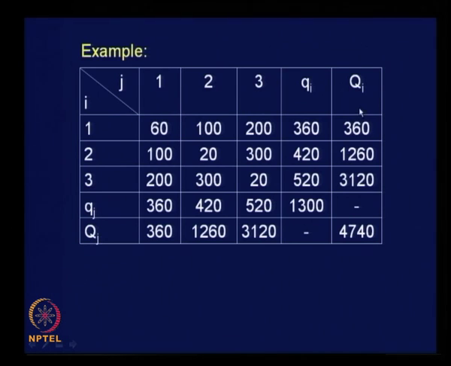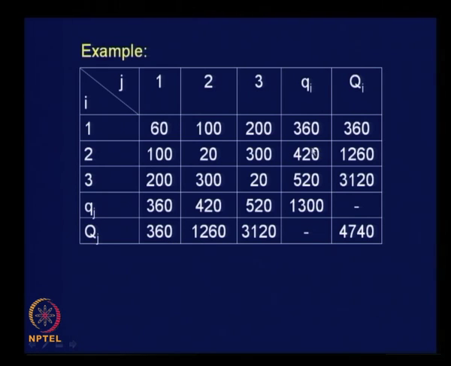And we have predicted the trip attraction values for the horizon year as given here. We use trip production and trip attraction models and then predict the horizon year trip production as well as trip attraction, and those values are taken for distribution purpose, isn't it. That is how you must understand these numbers. These are horizon year values 360, 1260 and 3120, right. And similarly, horizon year values of attraction are 360, 1260, 3120. Interestingly, we find that there is no increase in trip production at all in zone 1, it remains static, right. Both base year and horizon year values are same, it may happen in certain cases. Similarly, in respect of trip attraction also we find 360 and 360,